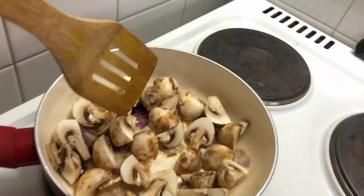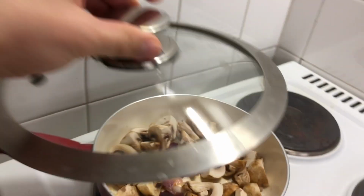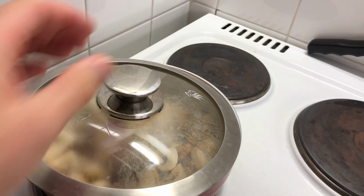Okay, next up I've chopped these mushrooms in with the onions. I'm going to let them wilt down. Just going to put a lid on, get it steaming. Okay, that's the first bit. I'm going to chop up some garlic and add that in, and then once all the mushrooms have softened up,